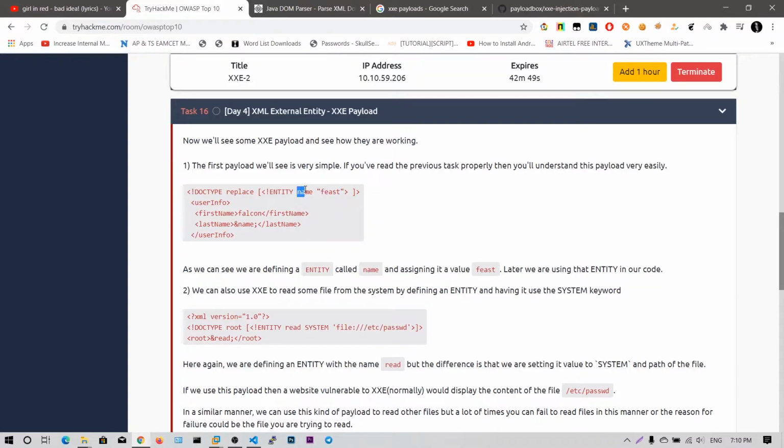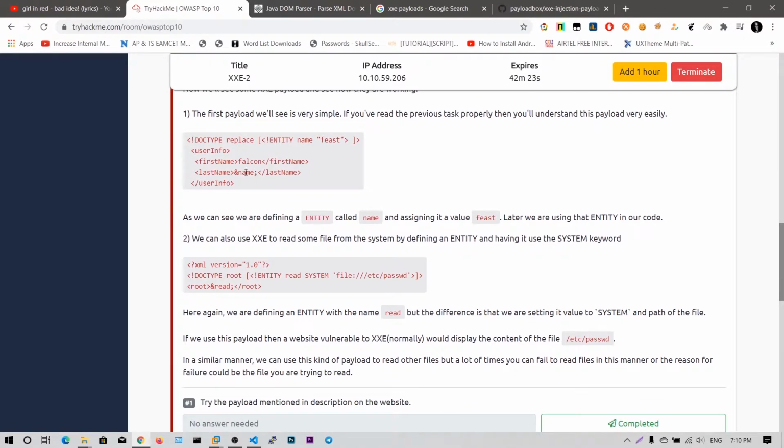Whenever I use the ampersand name, that feast value will be placed there at the time of XML parsing. It's like an external entity to this node, and we are defining some variables here. We have defined the name variable, and it contains the feast value. So whenever I use ampersand name semicolon, this feast will get replaced here. When the XML parser sees this ampersand name, it will go and check these entities, and it has the name entity, which has the value feast. So this feast value will get placed here.